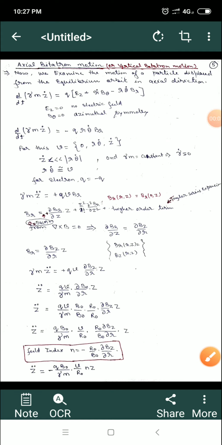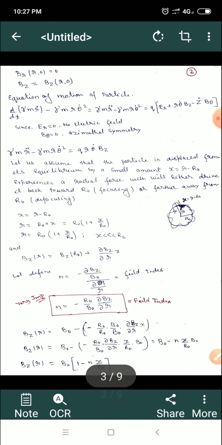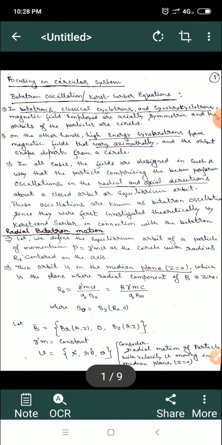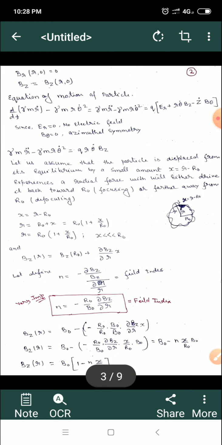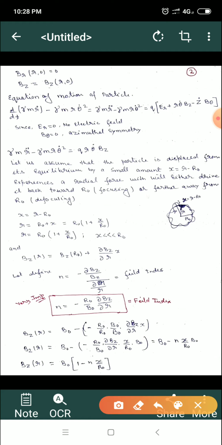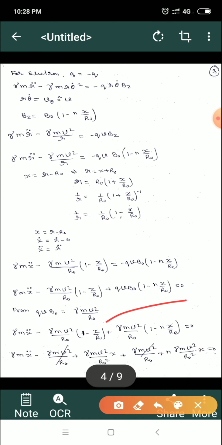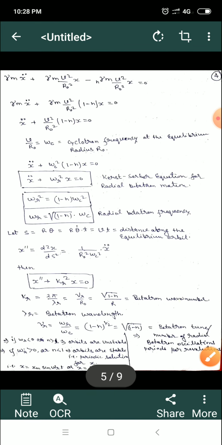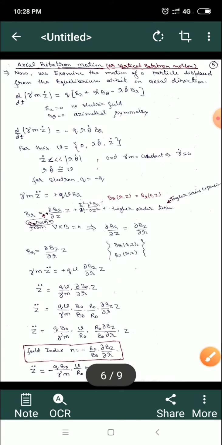Students, in our last class we discussed the radial betatron motion. I started from the very beginning, and then we defined the field index for radial betatron motion. This field index will be valid for the axial betatron motion also, and then we derived the Kerst-Serber equation for radial betatron motion, or horizontal betatron motion. So in today's class we will discuss the axial betatron motion, also known as the vertical